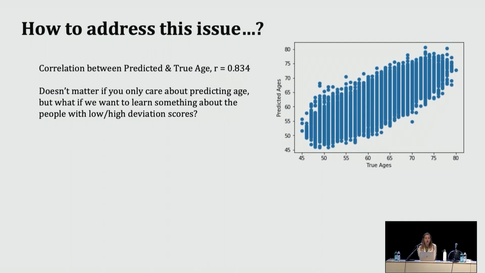Okay, another thing I wanted to point out was this issue. When we're predicting age, obviously what we're optimizing for is to get really good at predicting age, and that's the only thing the model cares about. It minimizes the mean squared error between what I'm predicting and the true age. So we end up with this forced correlation. And I guess that's not really a problem if your only goal is to predict age, but typically, at least in our lab, we have a further thing we want to do.